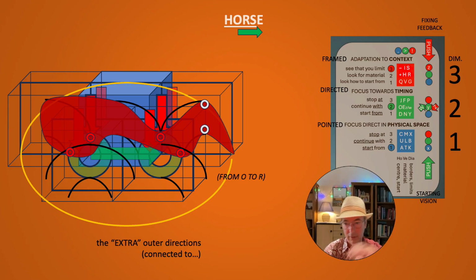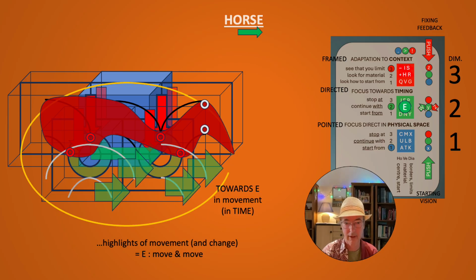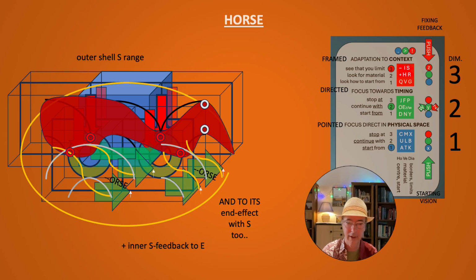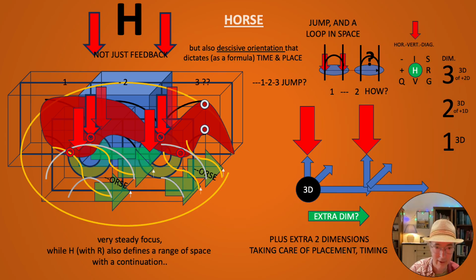In all its connections. And with E, I need the timing moment. I need the reflection. You have the outer shell reflection with S, and then you have the inner reflection which goes to the E here. And I have almost a running horse. But I will look into it a little bit better, because what I don't have is this hopping.